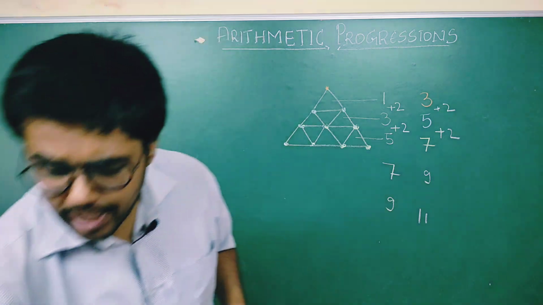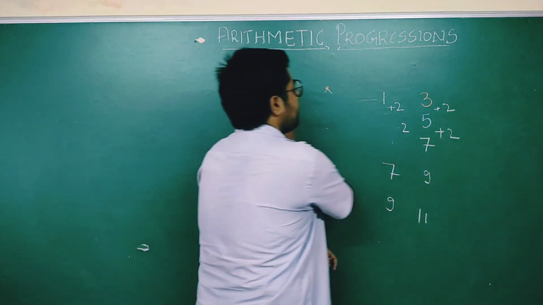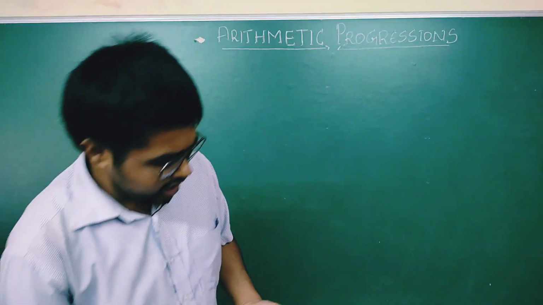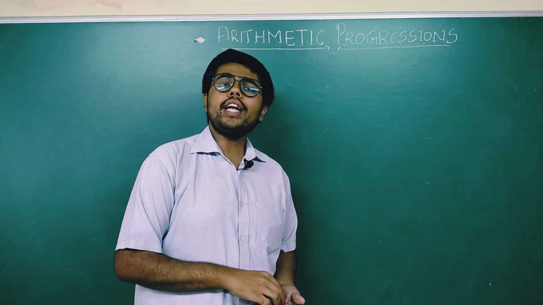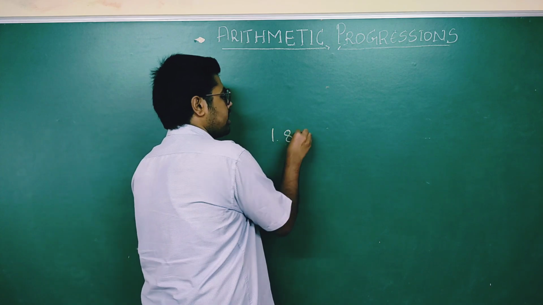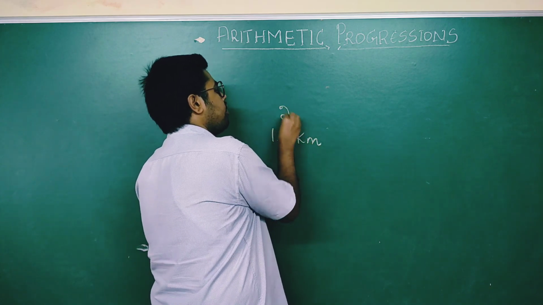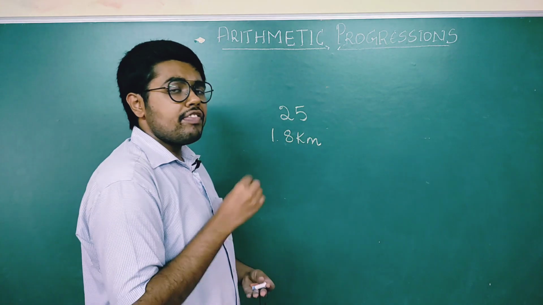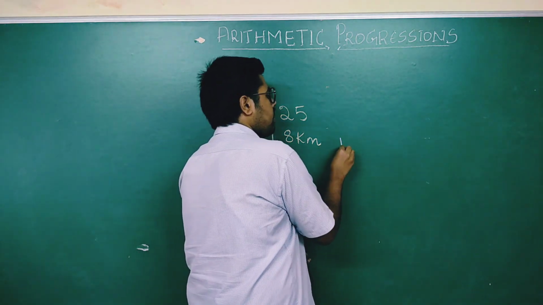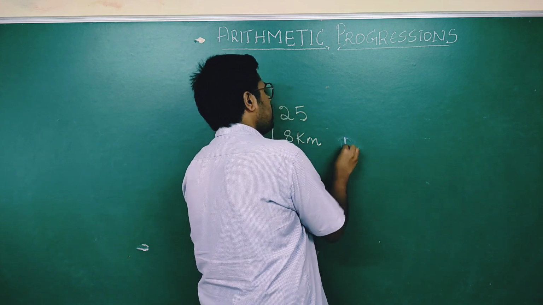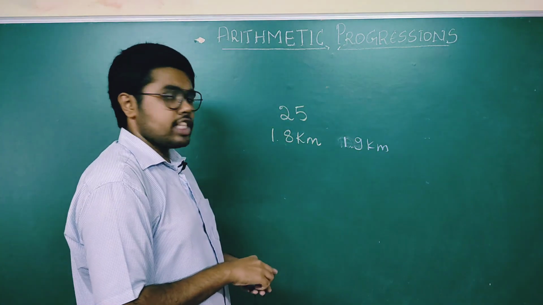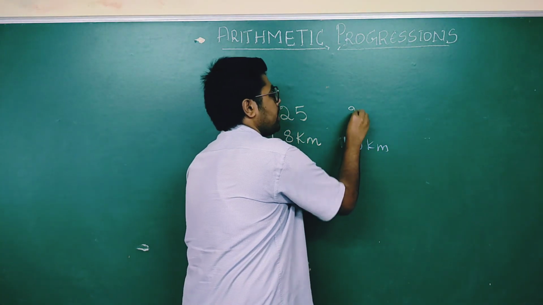One more such example is, now we all know, we all travel in auto, right? If you are traveling auto in Karnataka, especially in Bangalore, if you travel for 1.8 kilometers in auto, it will cost you 25 rupees. After this, for every 100 meters, it becomes 1.9 kilometers. After 100 meters means 1.9 kilometers. You know what is the cost? They take 26 rupees.